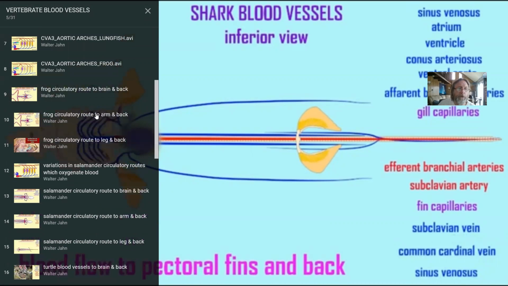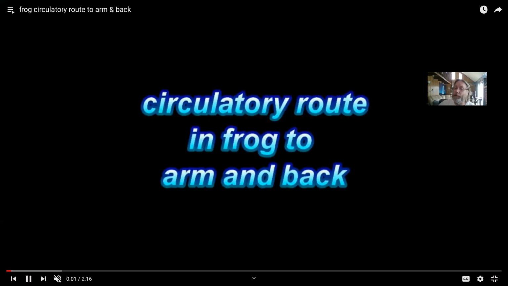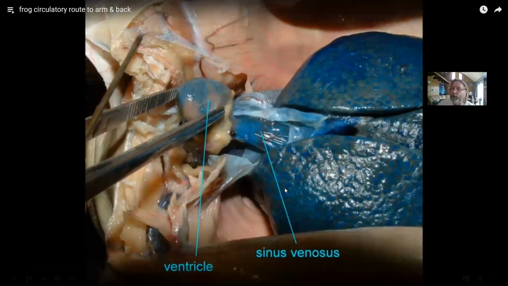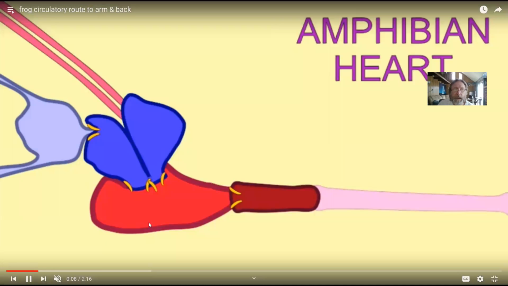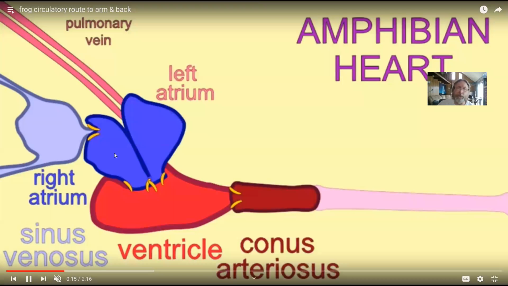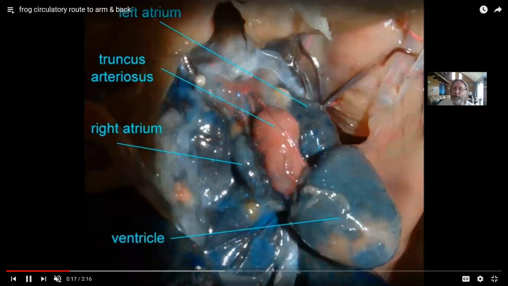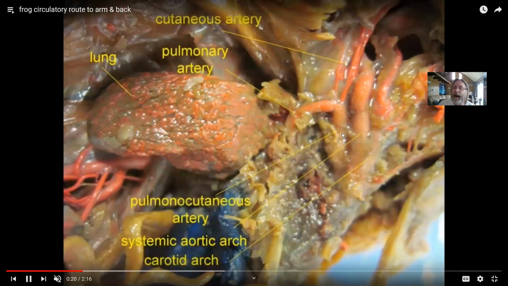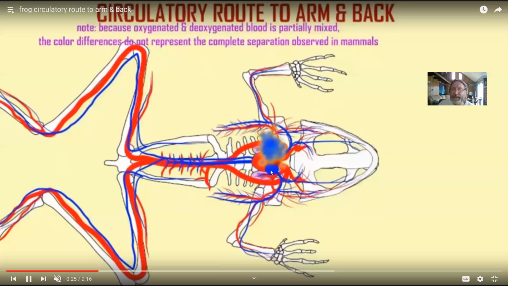If we were to then look at the frog, the arms of amphibians evolved from the pectoral fins of sarcopterygian fish. And so, these same vessels are important. So deoxygenated blood comes from the sinus venosus into the right atrium. Amphibians have separate right and left atria. So into the right atrium to the single ventricle, which then pumps blood into the pulmonocutaneous artery, into the lungs